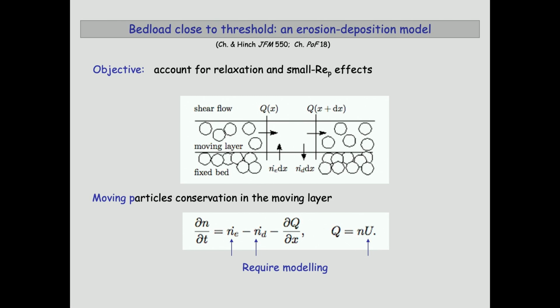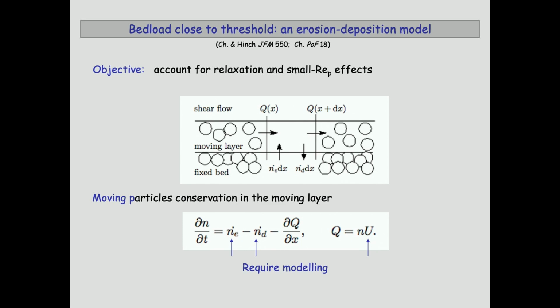So if we make a mass conservation of the moving particles in a small slice here, and call n the number of moving particles per unit horizontal area, the mass conservation implies that the variation rate of this number n equals an erosion rate